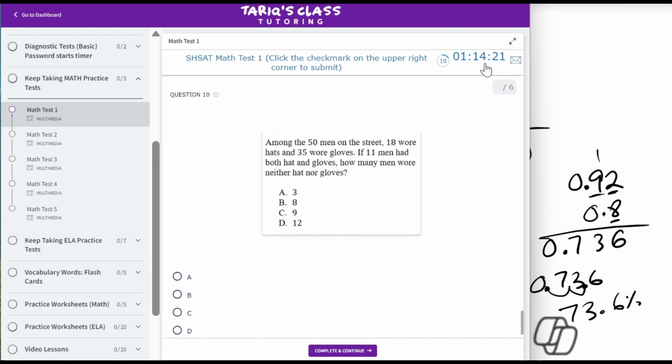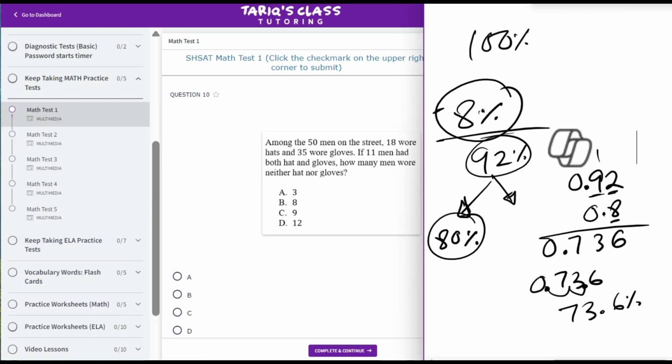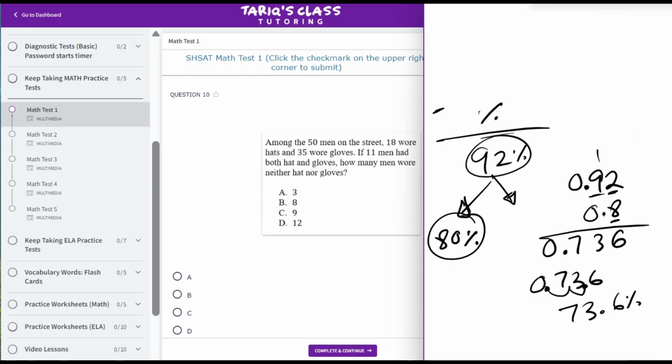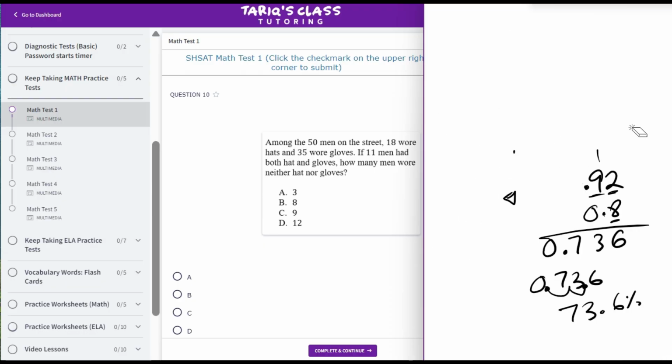Timer is running out. Our timing is good. We're already in question number 10. So 1 hour 14 minutes. All right, let's try that. 1 hour 14 minutes left. Now,